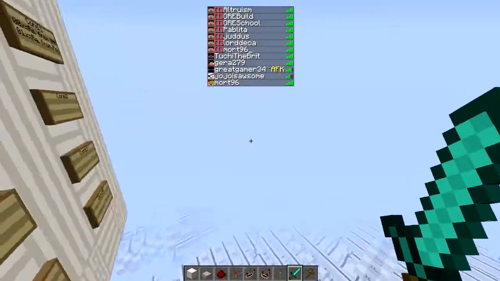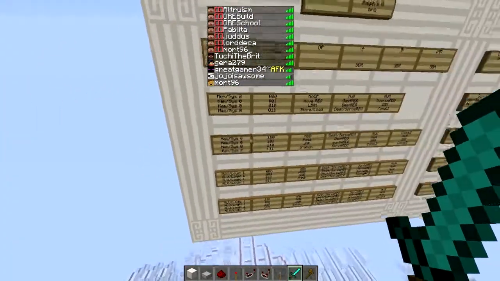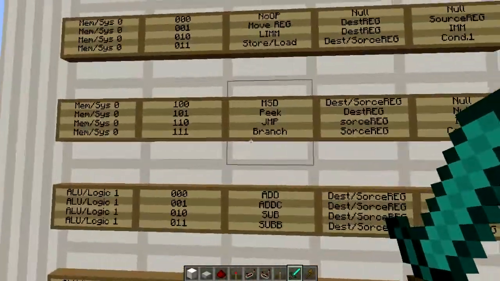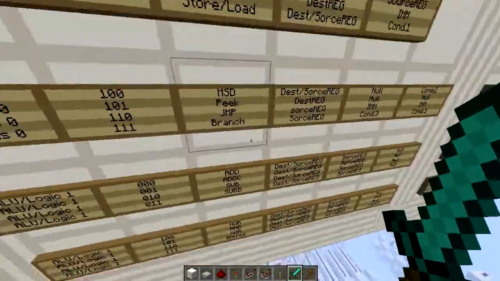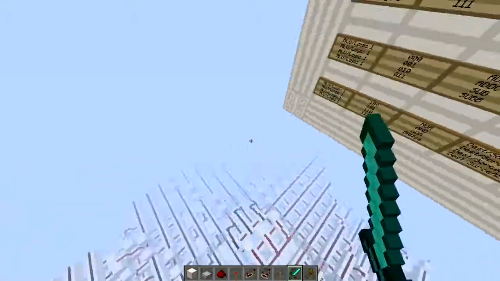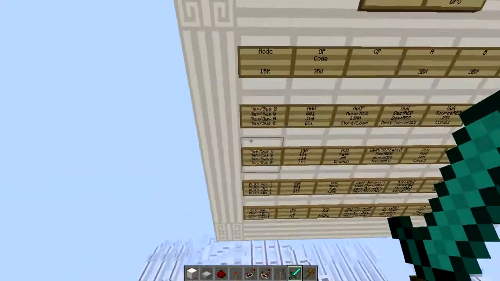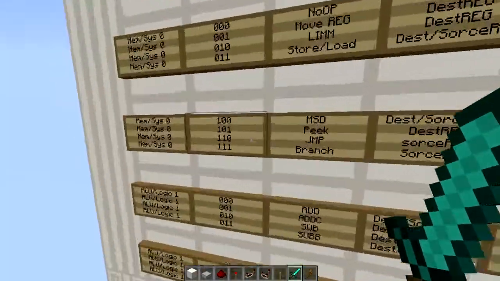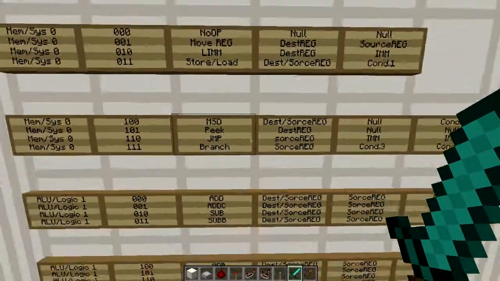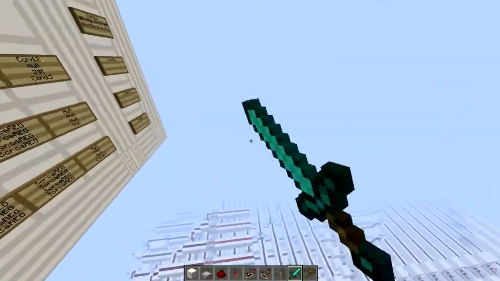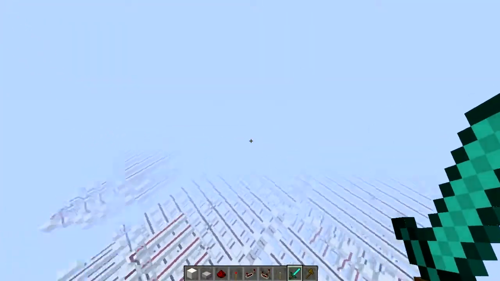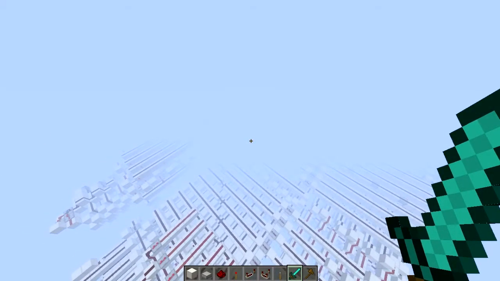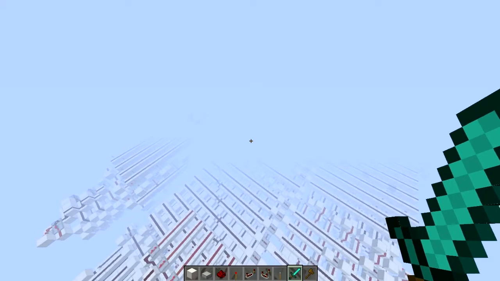It pretty much saves one line of code if you just wanted to load an address but keep it in there. So yeah, in some CPUs you can peek from different places inside of the stack, but meh, I don't have that luxury. But one luxury I do have is that my stack, which is there, I don't know if you can see that, you can see a little bit of it, but you can see at the very side, I'm pointing, I can't really do anything about that, but you see there's a